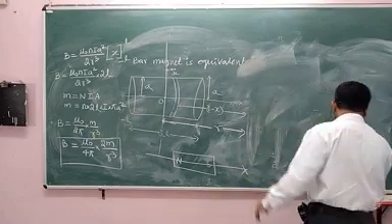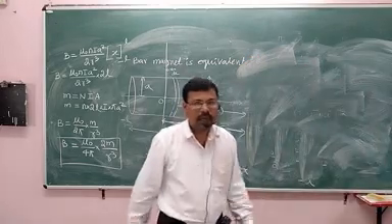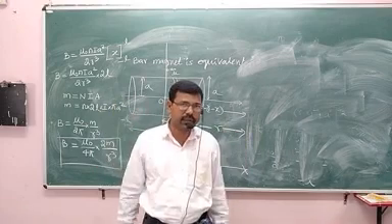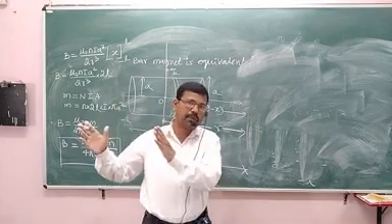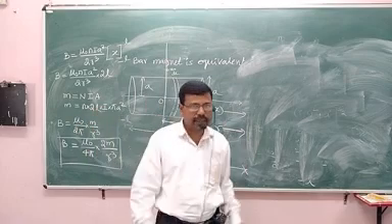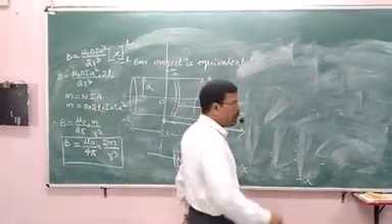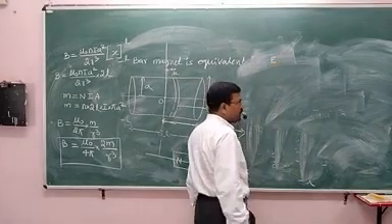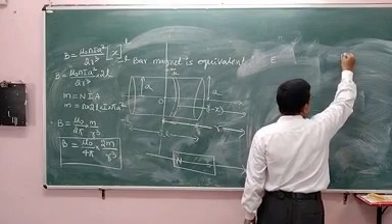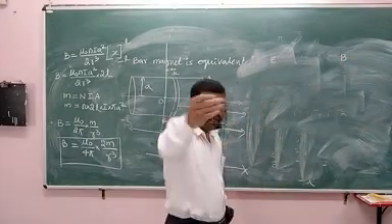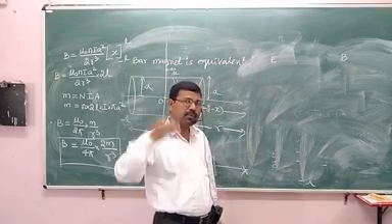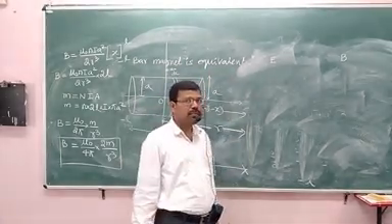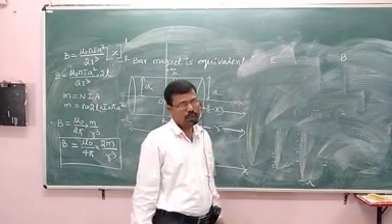What is that? That is a comparison between electric field and magnetic field. An analogy between electric field and magnetic field. How do we compare? Electric field is denoted by the symbol E. Magnetic field is denoted by the symbol B. Electric field direction is from positive charge to negative charge. Magnetic field direction is from north pole to south pole.